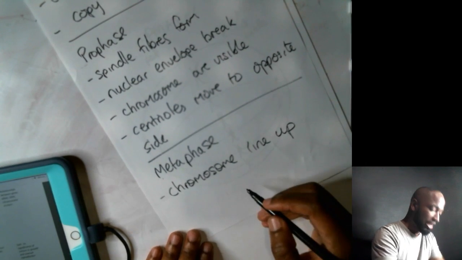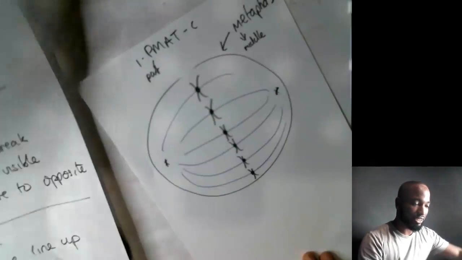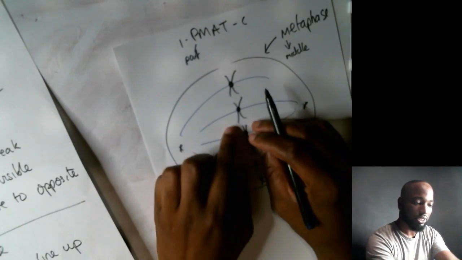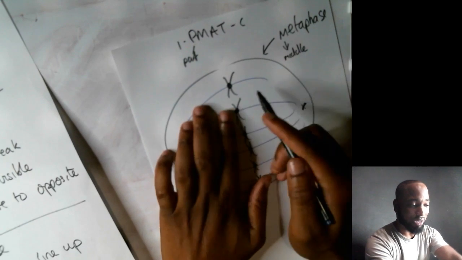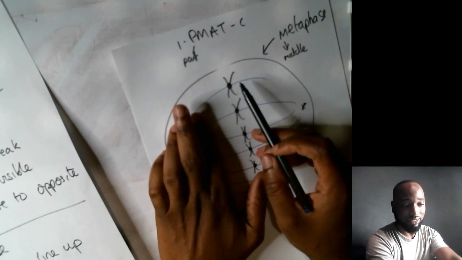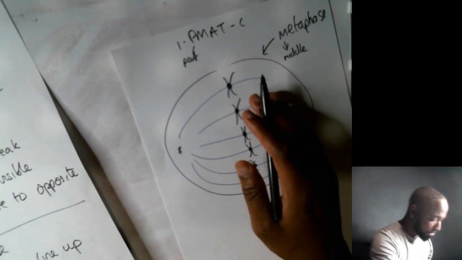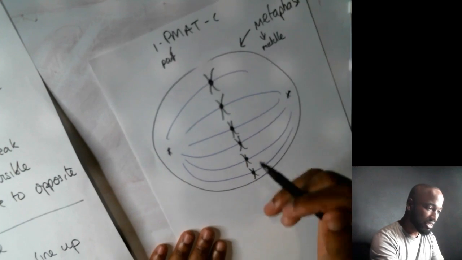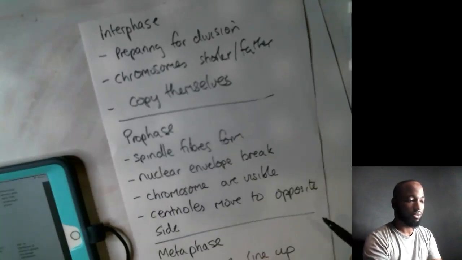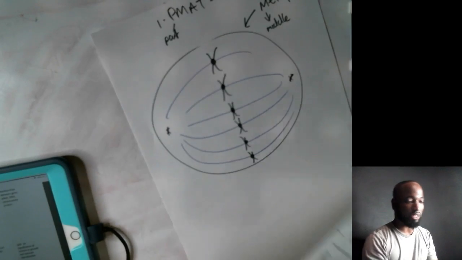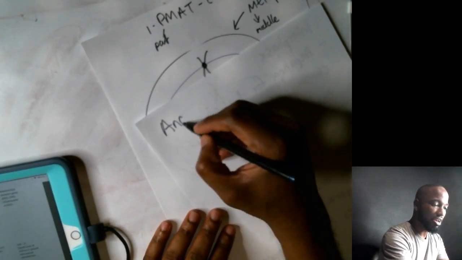So chromosomes line up in this one. So we have it looking like this. And then what will happen is a reaction will happen that will make the spindles pull. You know, sometimes it doesn't pull it apart. Sometimes it cannot pull it apart. But generally it will pull apart all. And that phase is called the anaphase, right? So we have the interphase, prophase, metaphase, anaphase.